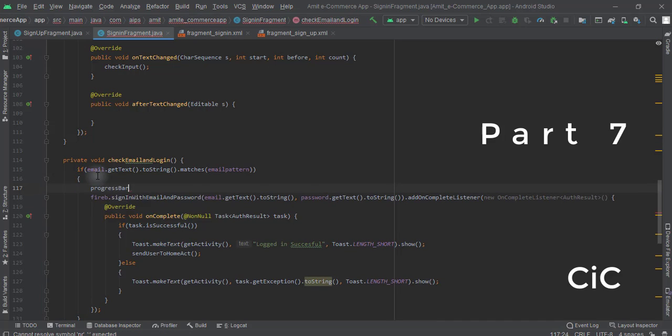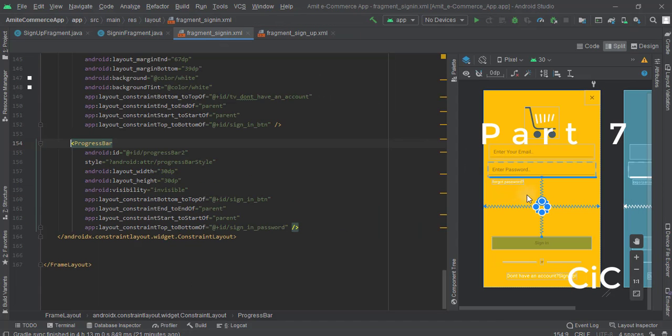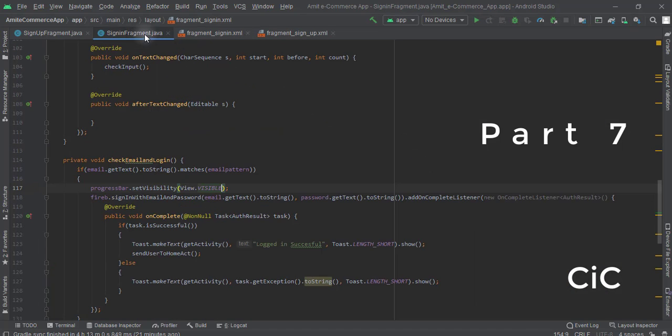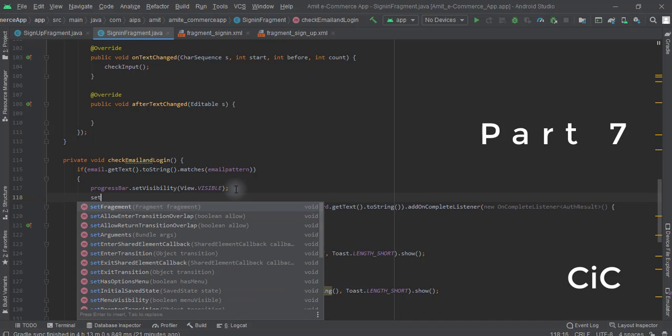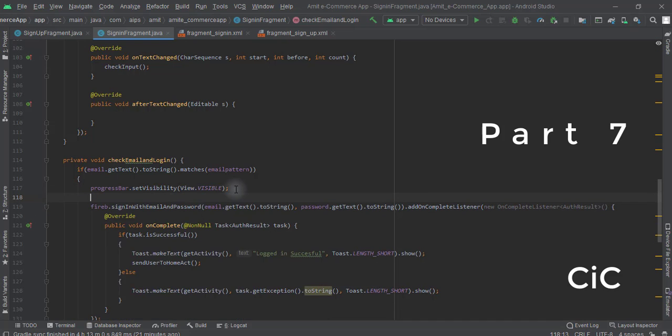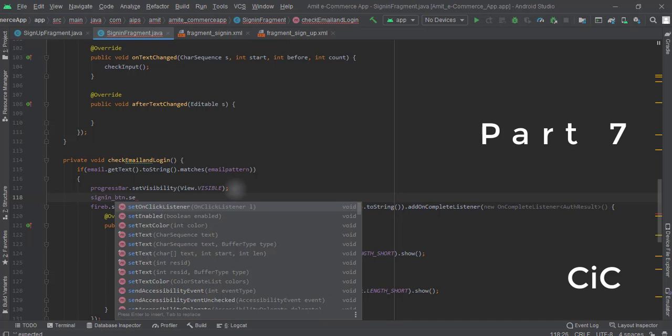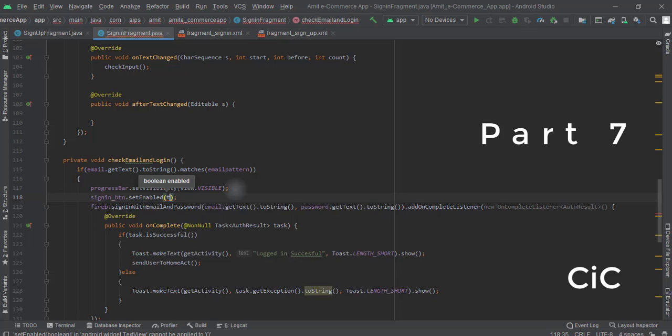Progress bar dot set visibility and make it visible. By default it is invisible, as you can see we have set the visibility as invisible here, so here it will be visible. And let's enable the button as well: button dot set enabled to true.